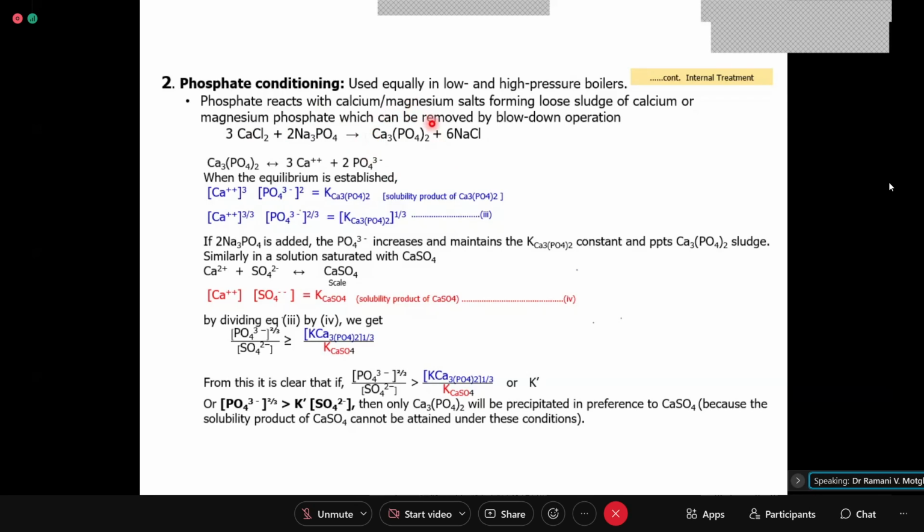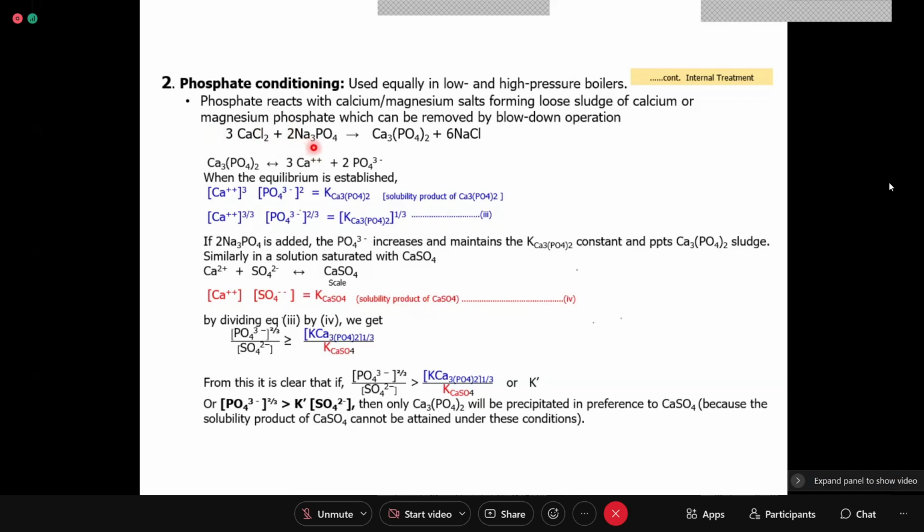Now the calcium phosphate which is formed here forms sludge and can be removed by blowdown operation. So phosphate conditioning is used equally in low and high pressure boilers. Phosphate reacts with calcium and magnesium salts, forming loose sludge of calcium and magnesium phosphate, which can be removed by blowdown operation. The overall reaction is 3 CaCl2 plus